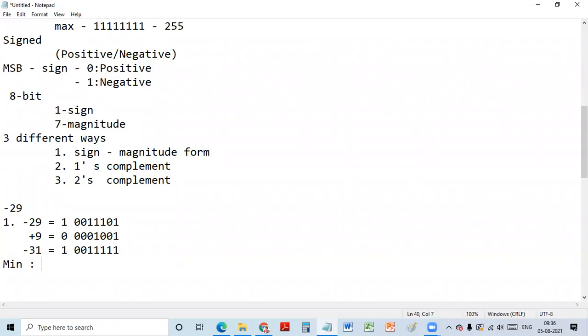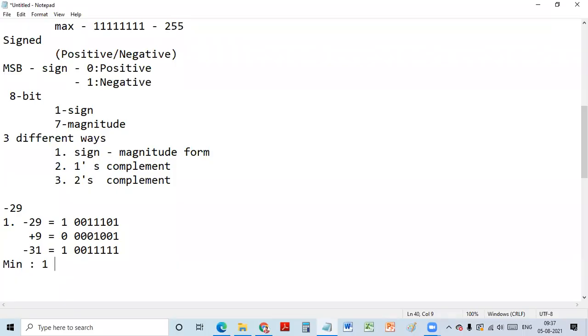Minus 127 is the minimum, so negatives will always be lesser when compared to positive. So my most significant bit should be 1, right? Am I clear? The sign bit is 1, and coming to the magnitude,